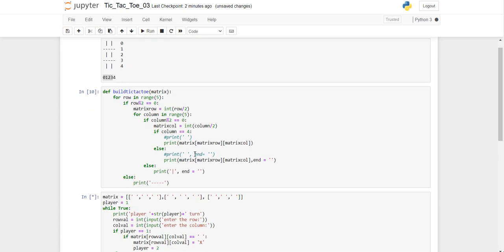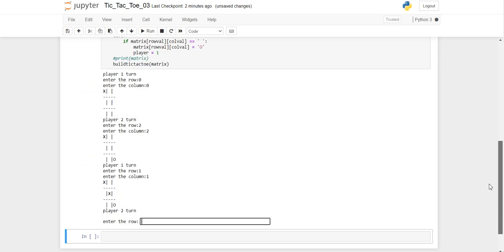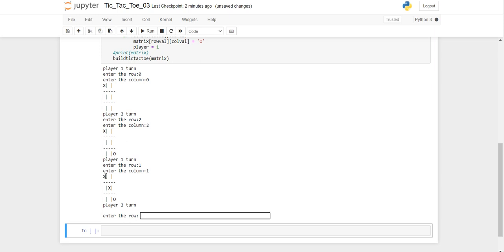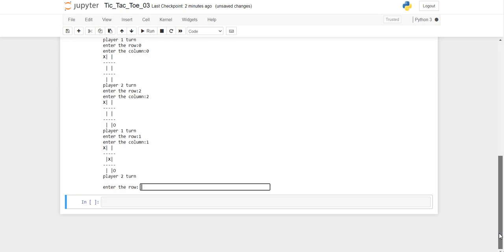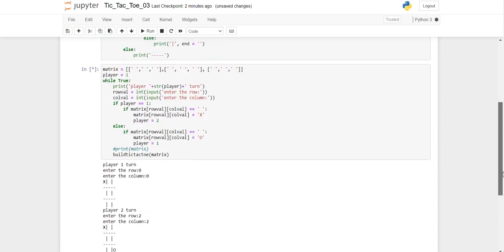So in this way we can actually build that tic-tac-toe, and if we provide more if conditions in this, we can say who is a winner by checking whether the diagonals are the same, or horizontal wise or vertical wise. So whoever meets the first one can be considered as a winner. So that we will take later. So overall, this is a basic simple tic-tac-toe generator using Python.